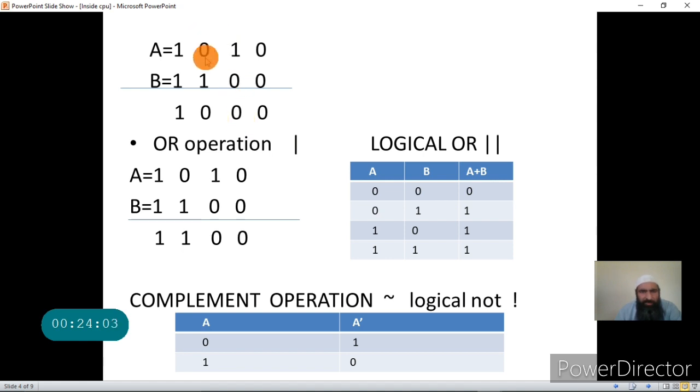Now this bit is called the A2 bit and this is the B2 bit. If I perform AND between A2 and B2, you will see that the A2 bit is 0, so the result will be 0. Now if I perform the operation between the A3 bit and the B3 bit, since both bits are 1, the result will be 1.